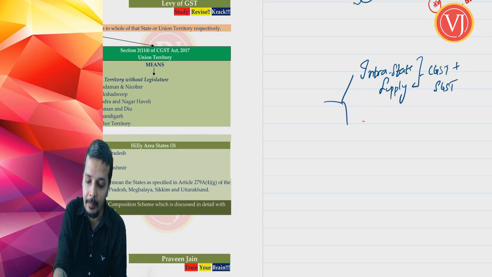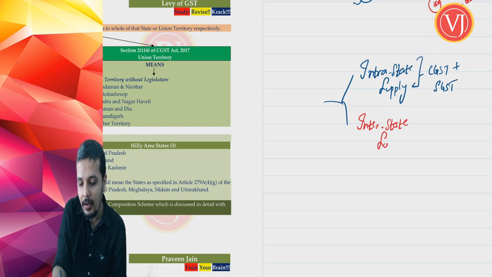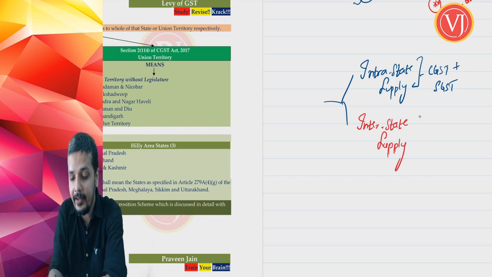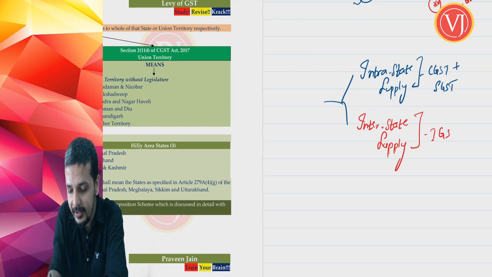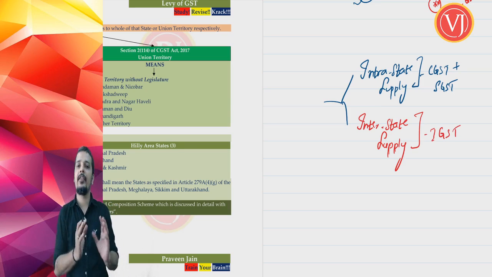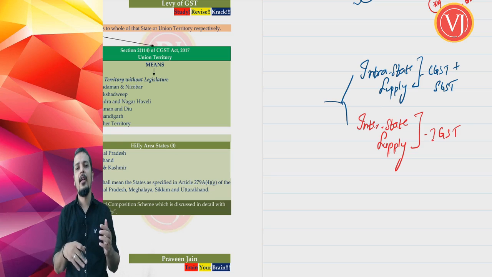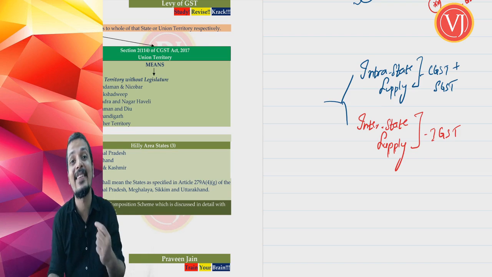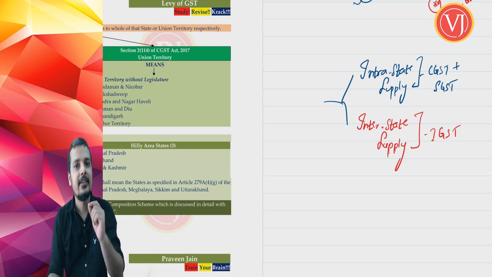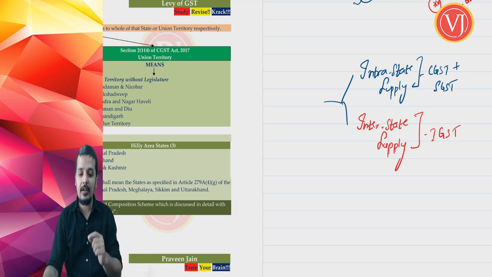If the supply happens to be an interstate supply, then you have IGST, which will go to the pocket of the central government for the time being, but the final revenue sharing will be between the central government and the destination state. So don't think that IGST entirely belongs to the central government. Yes, it will go to the central government, 50% will be retained by the central government, and the balance 50% will be given to the destination state. Why, my friends? GST is a destination based consumption tax.